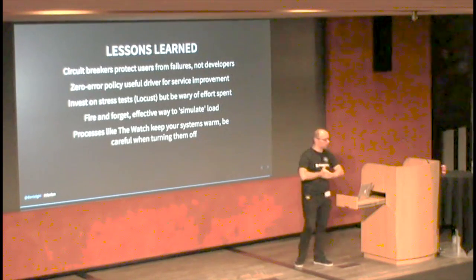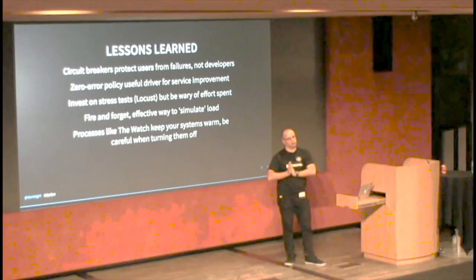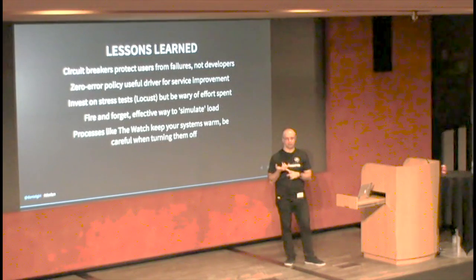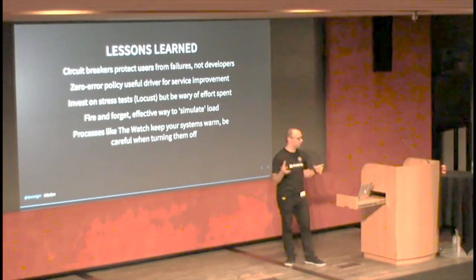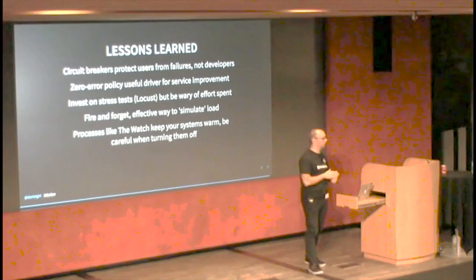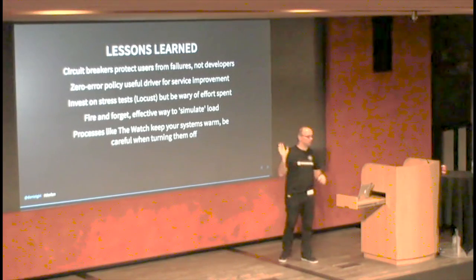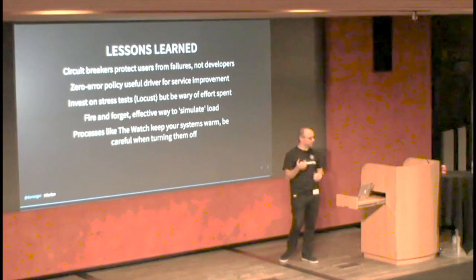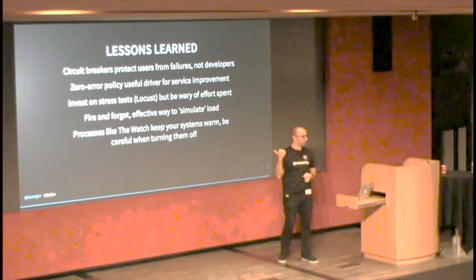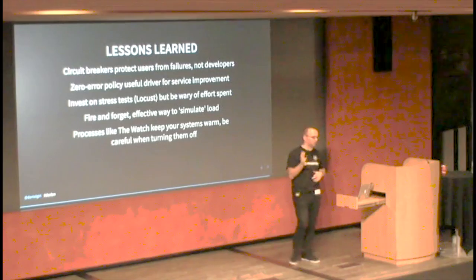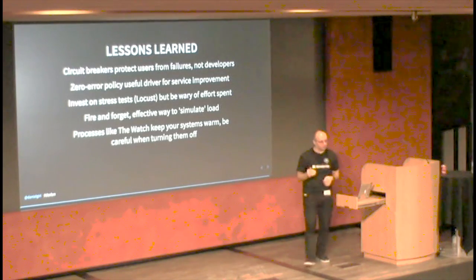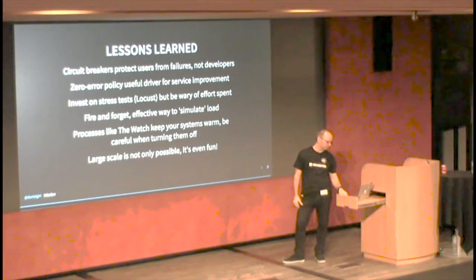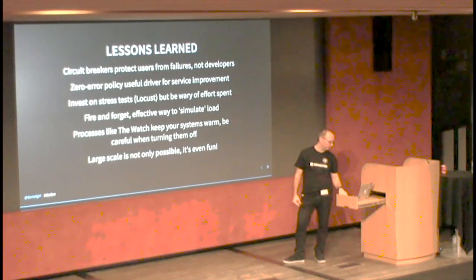And then the watch, apart from the cool name, was very, very useful to uncover bugs, but there was a thing: it actually keeps your system warm. It keeps the cache warm, it keeps the balancing up, and then we turned it off. Okay, it works. We validated the 2 million requests, turn it off, and then strange things happen to your balancing. So we actually created an incident by turning this thing off. So if you try a similar idea, just be careful when you turn it off that it will get your system cold, so to speak. That was a fun evening.